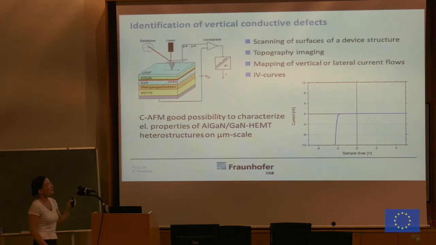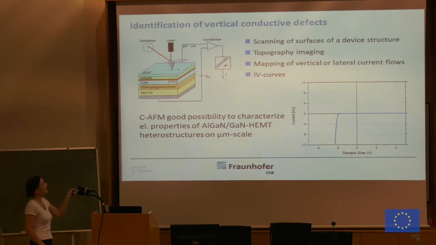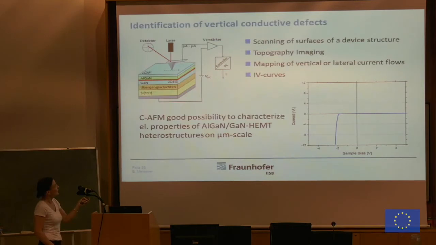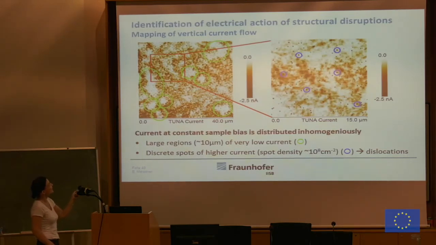So how can we identify the conductivity of defects, for example? And this is something I have borrowed from Sven. He's doing a conductive AFM technique, so he puts the AFM needle on top of a HEMT structure in this case, and it's conductively connected to the backside. So we put a potential to this, and we try to map the current flow vertically through that structure, and you can see that there are places where you see a different current flow compared to the surroundings, so it is still inhomogeneous current flow, with large regions of tens of micrometers which show a lower current flow than the